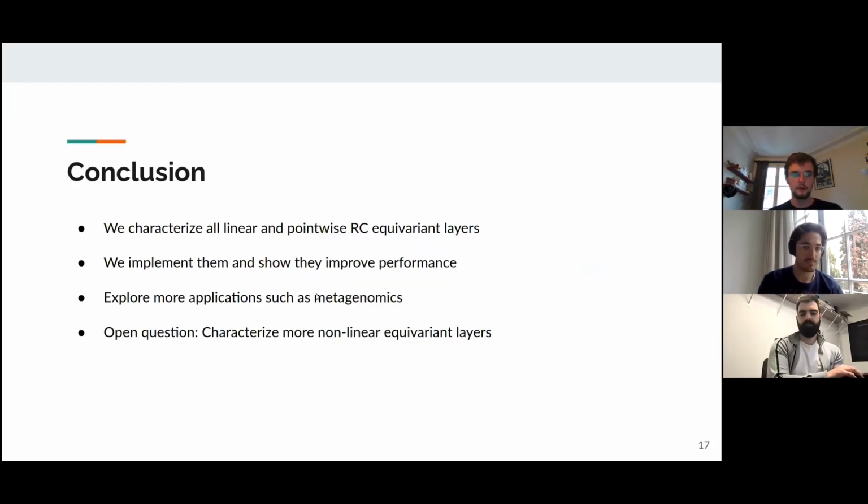So you found my third point, that was explore more applications. And as a quick conclusion, we characterized basically the linear and pointwise equivariant layers and showed that they improve performance. We mentioned already that some applications might be interesting to investigate in a bit more depth. And as another open question that you have not picked, it's that in the nonlinear equivariant layers, I mean,